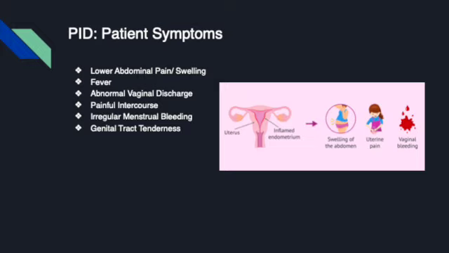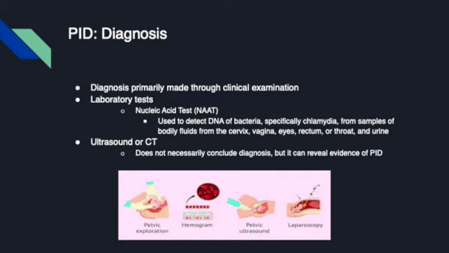So how is PID typically diagnosed? Primarily through clinical examination by a healthcare professional. Also, laboratory tests can be done. A common laboratory test is the nucleic acid test, otherwise known as NAAT, and it is used to detect DNA of bacteria, specifically chlamydia, from samples of bodily fluids from the cervix, vagina, eyes, rectum, or